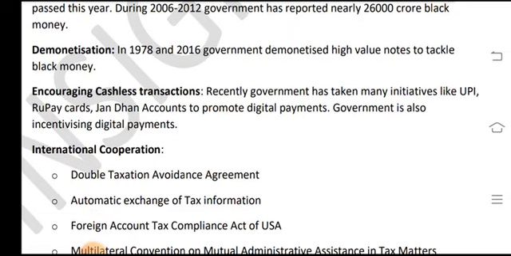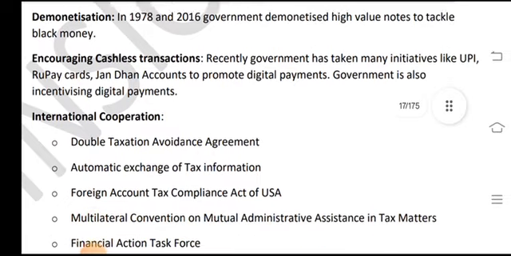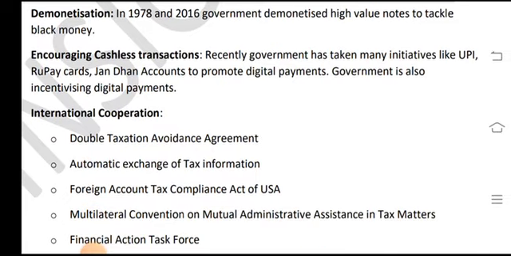Demonetization: in 1978 and 2016 the government demonetized high value notes to tackle black money, encouraging cashless transactions. Recently the government has taken many initiatives like UPI, the RuPay card and Jan Dhan accounts to promote digital payment, and the government is also